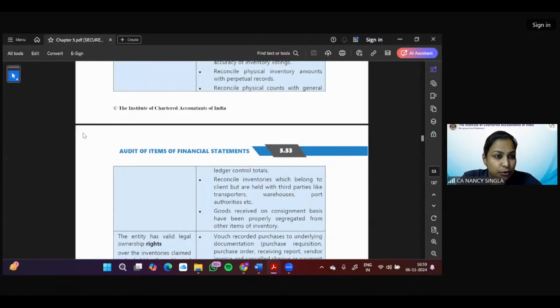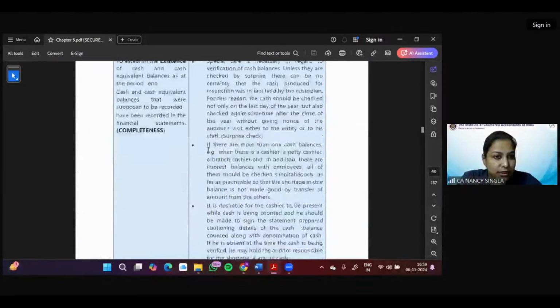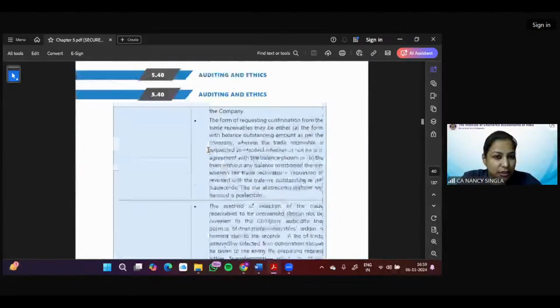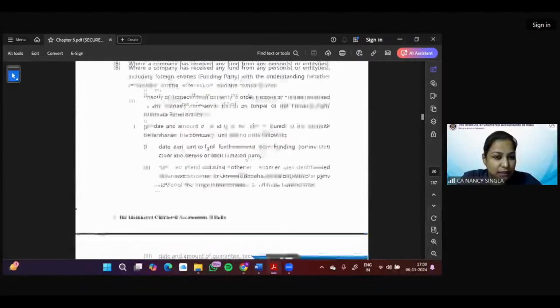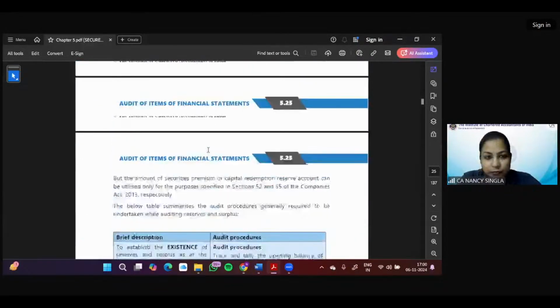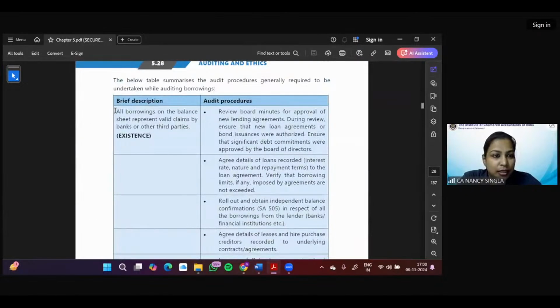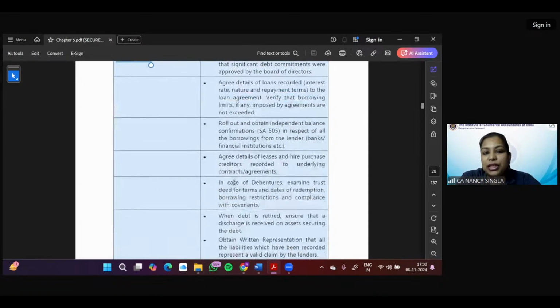Page number 5.28. So one of the students has answered it correctly. For others also, I'll check the answers. Just give me a second. 5.28. See, read this. If you are able to see, I have just selected all borrowings on the balance sheet date represent valid claims by banks or third party. So these are the audit procedures that the auditor